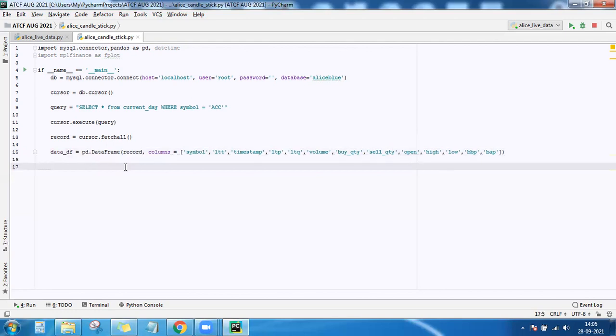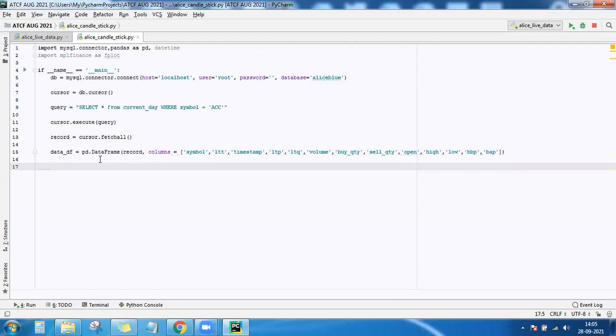Now I want to resample the data. I have the tick data with me now. I want to resample the data. Resampling means converting the second by second data that you have into a minute time frame or hourly time frame or daily time frame, etc. In order to do that, whatever data that you have just read from the database doesn't have a proper index.